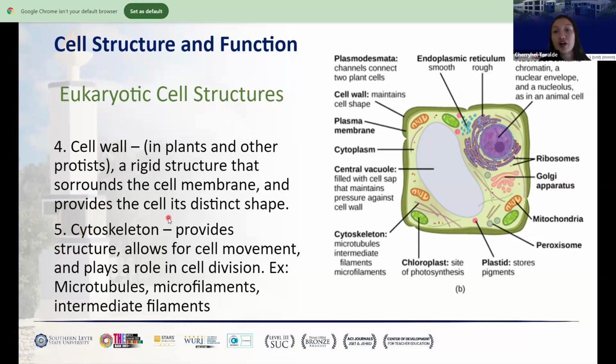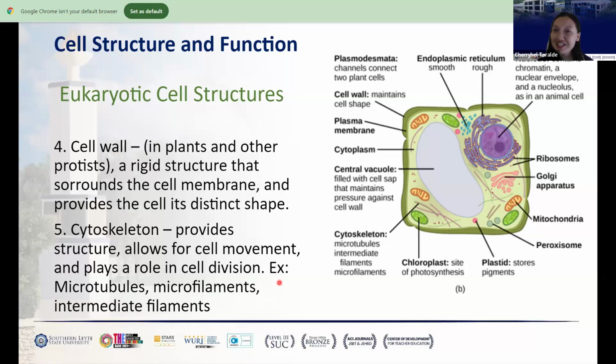Cytoskeleton is actually found in both animal and plant cells, but I have just shown you here the plant cell because in this diagram, we can see clearly the cytoskeletal components here. Ito siya yung parang mga strands. So, there are actually a lot of functions of the cytoskeleton. First is for structure, like parang skeleton ng tao, di ba? For structure. And then also for cell movement,